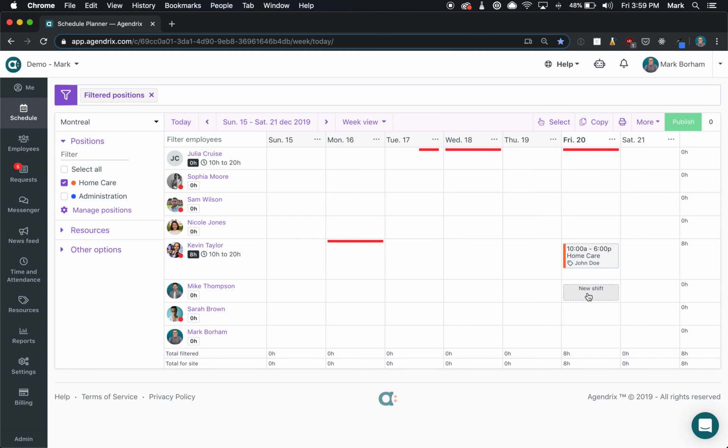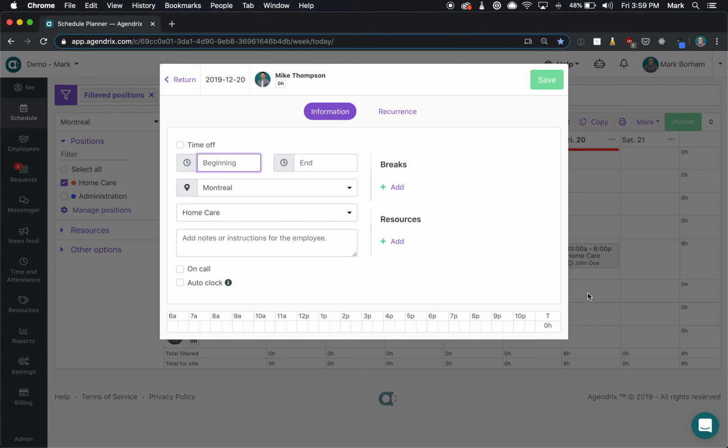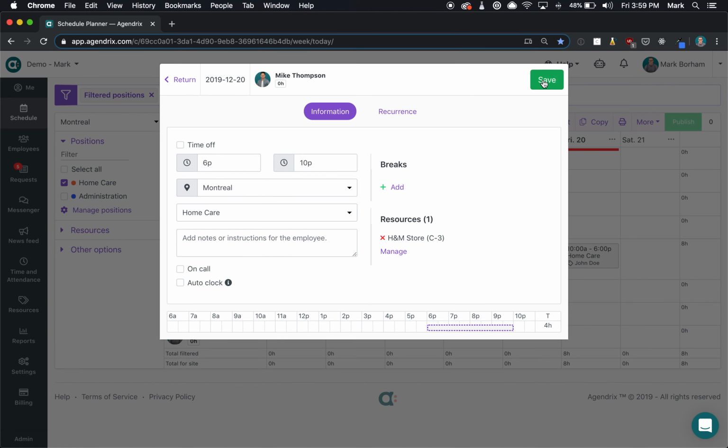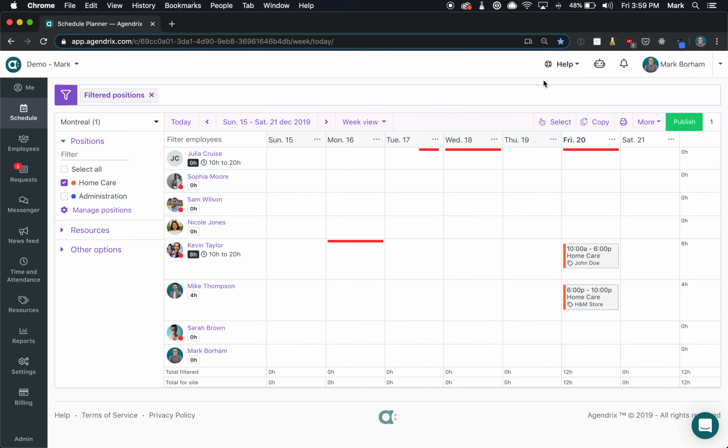Knowing that, I will create a new shift for Mike and associate him to my resource H&M store. So here I'll just give him a specific time frame, add my resource. It's to know that I could add more than one resources if wanted, and save. Since the same functionalities apply to resources as the general schedule, well, I could copy paste my shift,